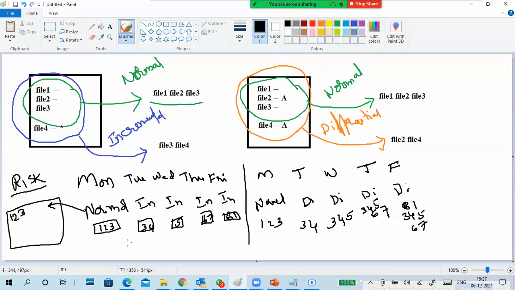then restore the Tuesday's backup. This is Monday's backup, then restore the Tuesday's backup. Make sure overwrite is enabled, and next Wednesday's data, next Thursday's data, next Friday's data, like that.